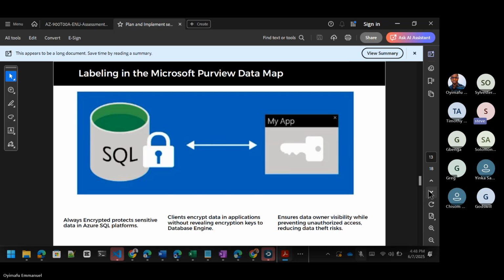So Always Encrypted allows clients to encrypt sensitive data inside the client application and never reveal the encryption key to the database engine. Now, this provides a separation between those who own the data and those who can view it. This is a very important part that I should learn about Always Encrypted. And so that sort of provides encryption